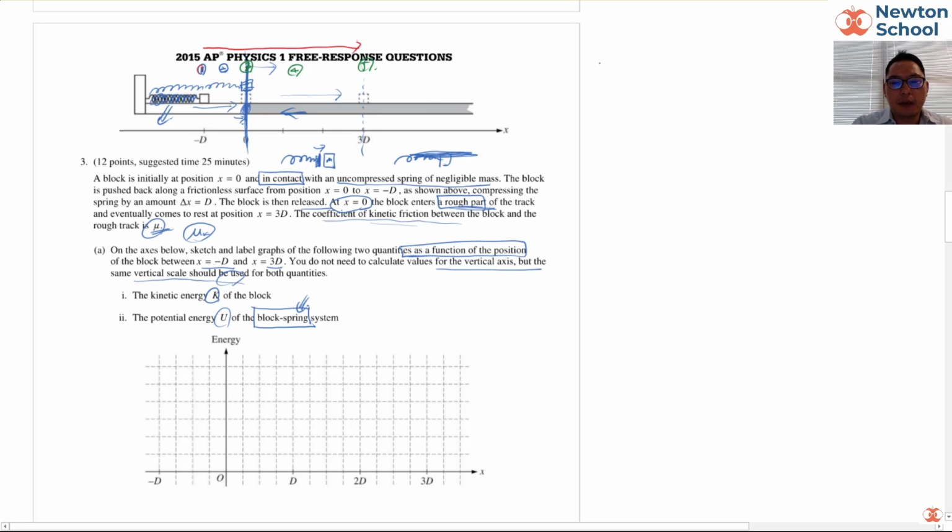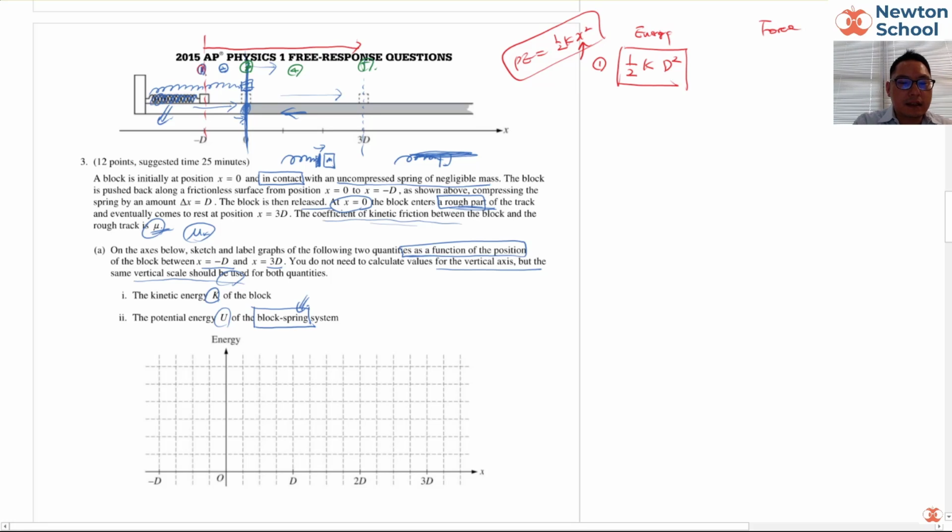So at point 1, the spring is completely, fully compressed at that point. So there will be energy stored in the spring. So let's look at it in terms of energy and in terms of actually force. And let's look at acceleration too, okay? So at point 1, the total energy is stored as 1/2 kx squared, which is the potential energy of the spring. But right now, that's the maximum compression. So energy stored will be 1/2 kd squared, right? At that instant, the force on the spring will be k. Remember, force is